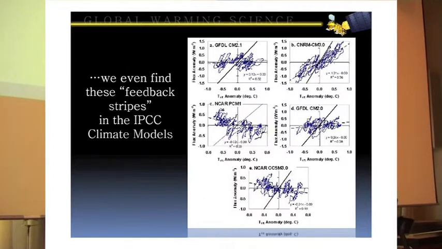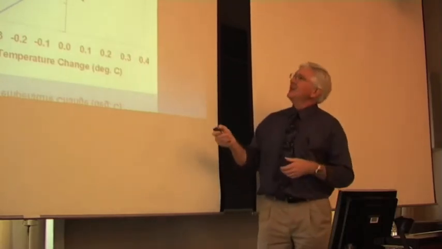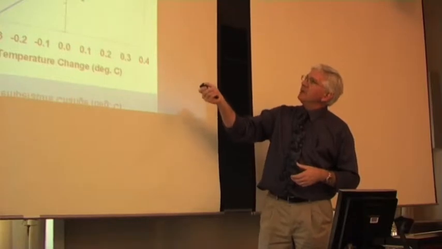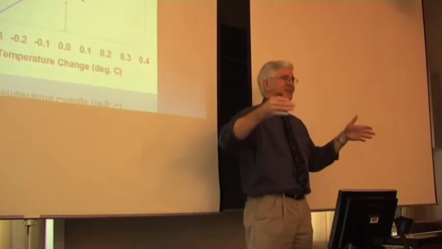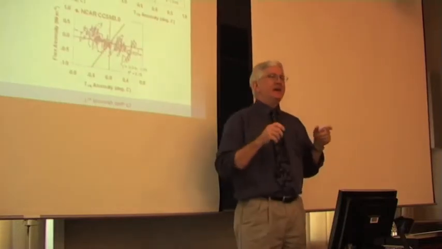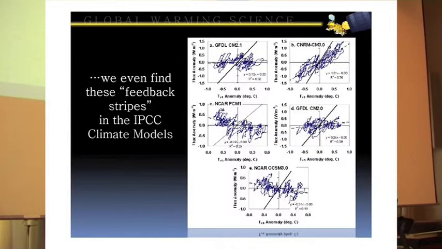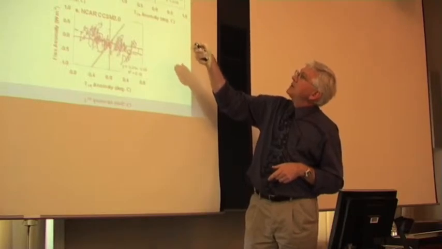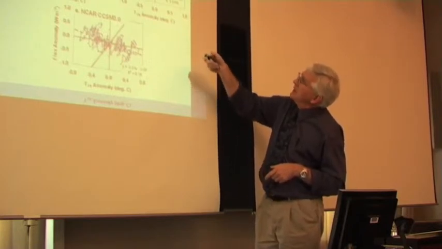As I mentioned, I'm not going to go through this, but we see this in the climate models too. This was a criticism of our work: okay, well maybe this is the feedback, but that's only a 2 or 3 month time period, whereas global warming is 10 years, 50 years, 100 years, and maybe there's a different feedback occurring. Well, it turns out that in the IPCC climate models, the stripes also show up. This is the true feedback in the model, diagnosed by Forster and Taylor, published in 2006. And these are the feedback stripes we see from different models. The stripes line up along the true feedback